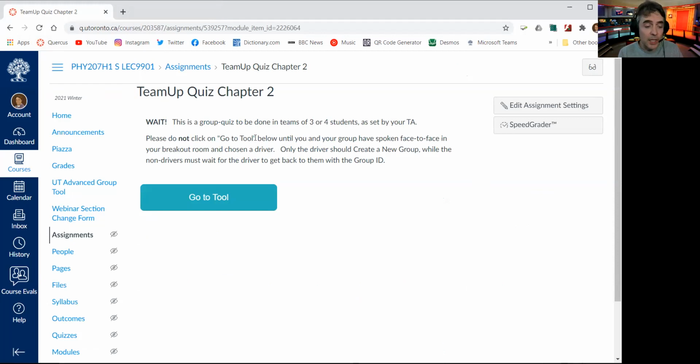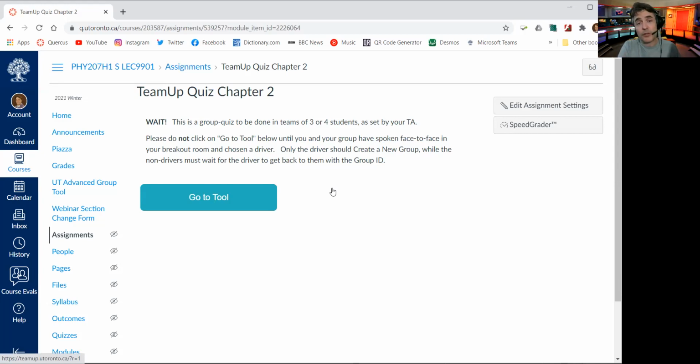Your TA will be splitting you up into breakout rooms with 2 or 3 other students. In the breakout room, you must turn on your video and your microphone so you can see and hear the other students. All of you in the breakout room must simultaneously go onto Quarkus, click on this Go to tool in this team up quiz, and start it together.